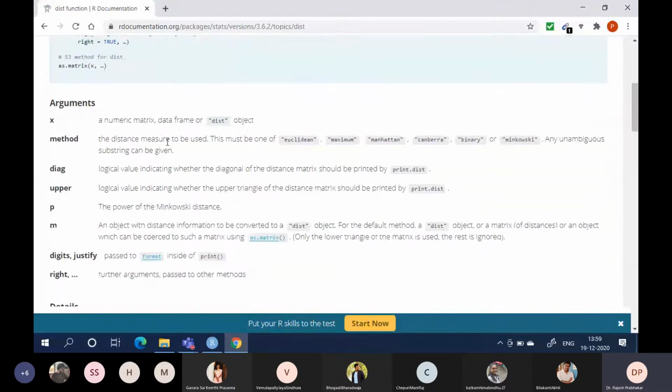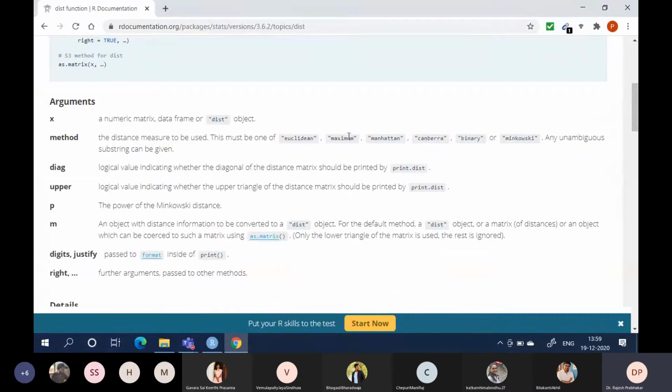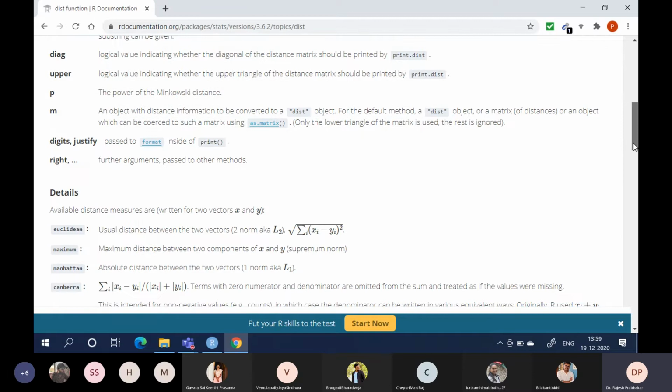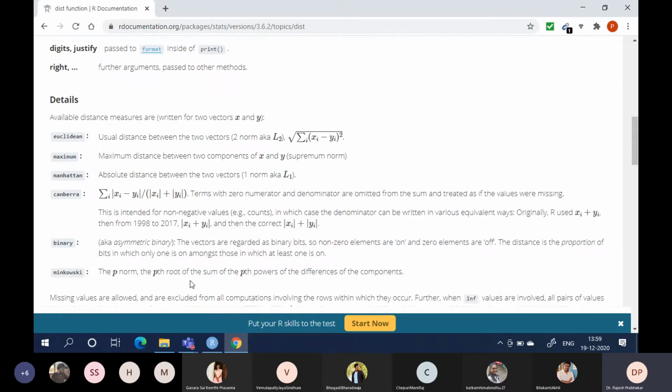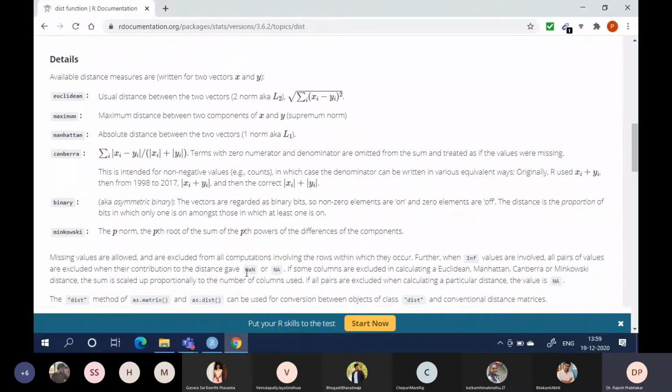So these are the distance methods we have in the dist function: Euclidean, maximum, Manhattan, Canberra, binary, and Minkowski. We use mostly Euclidean and Manhattan. Minkowski is used very rarely. For Minkowski, this is the formula: the p-norm, the pth root of the sum of pth powers of the differences of the components. It is a little bit complicated formula.